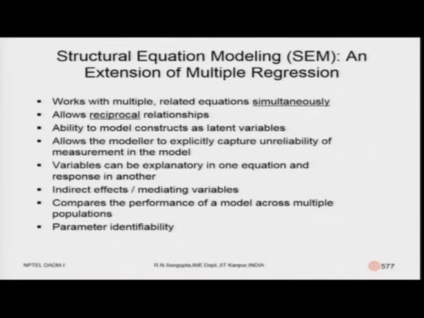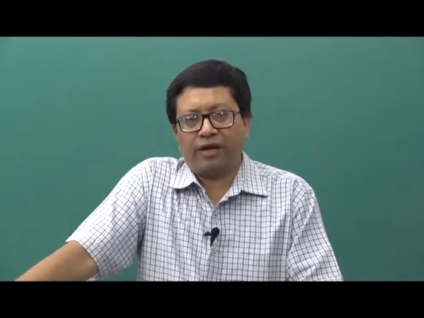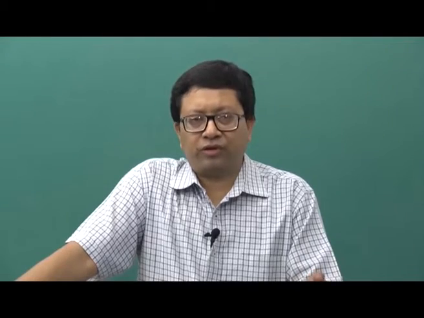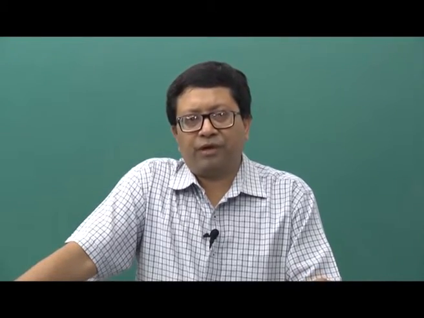So, these simultaneous so-called equations technically should be linear, but we will consider them to be nonlinear as and when required. This allows for reciprocal relationships. Now, a reciprocal relationship is, say for example, if x and y are related, that means x is related to y and the relationship is, say, 0.23, then the reciprocal relationship, that means how y will be affecting x,